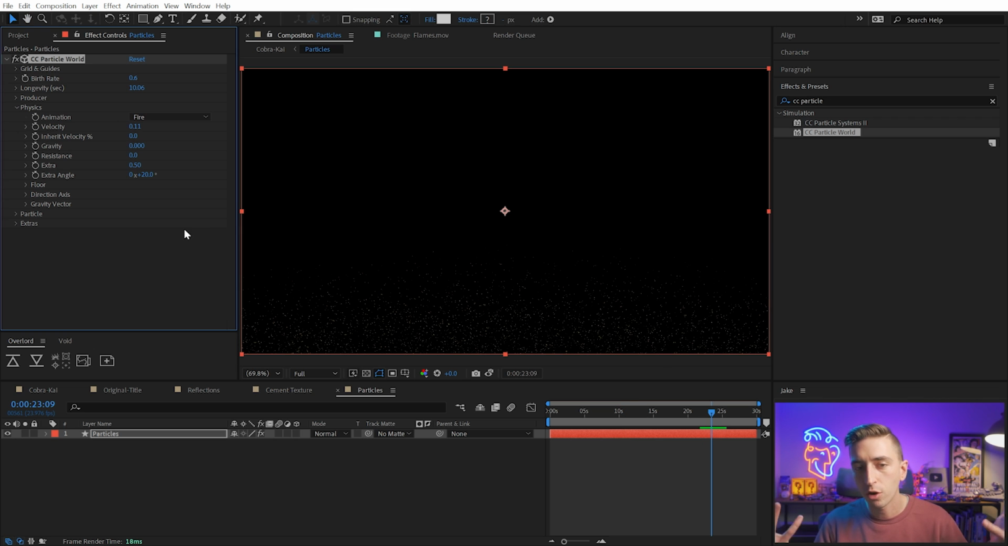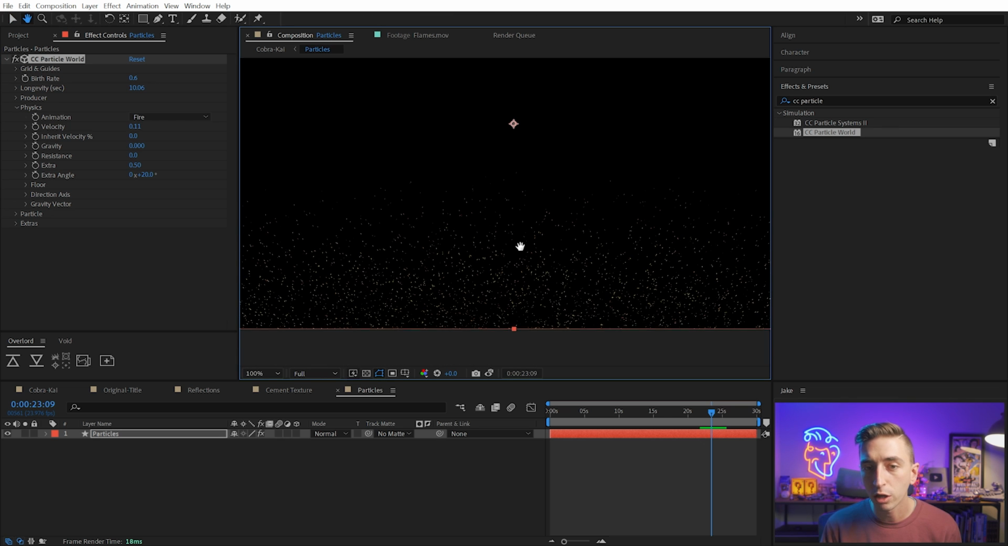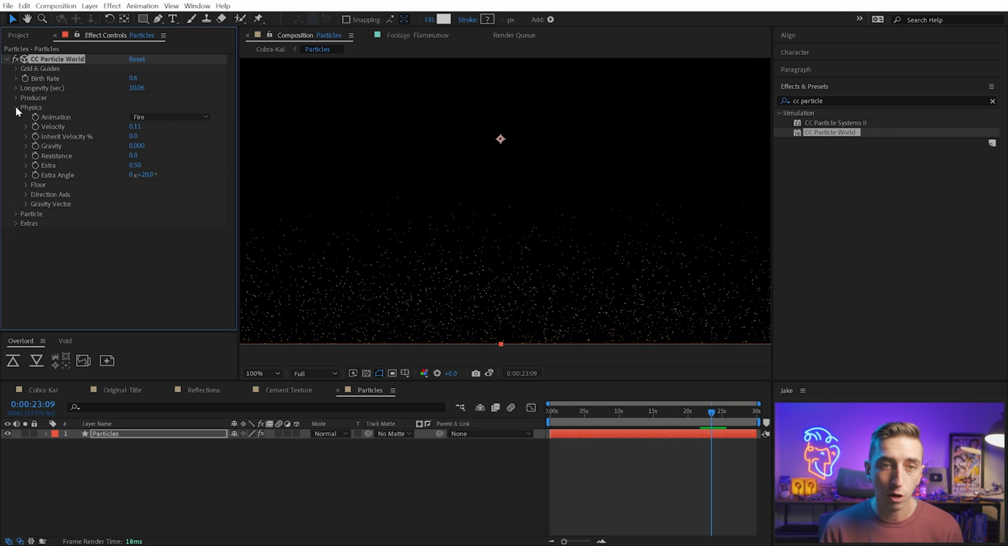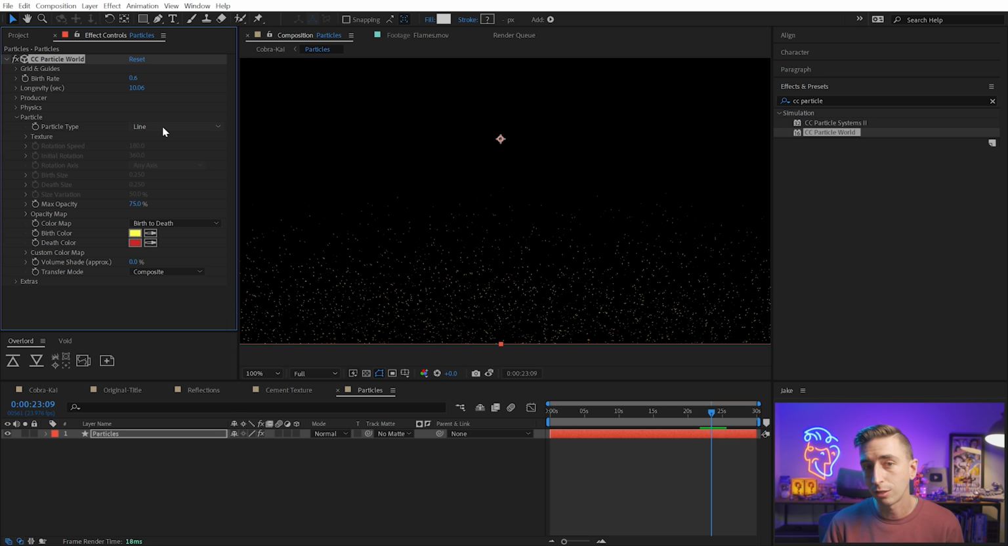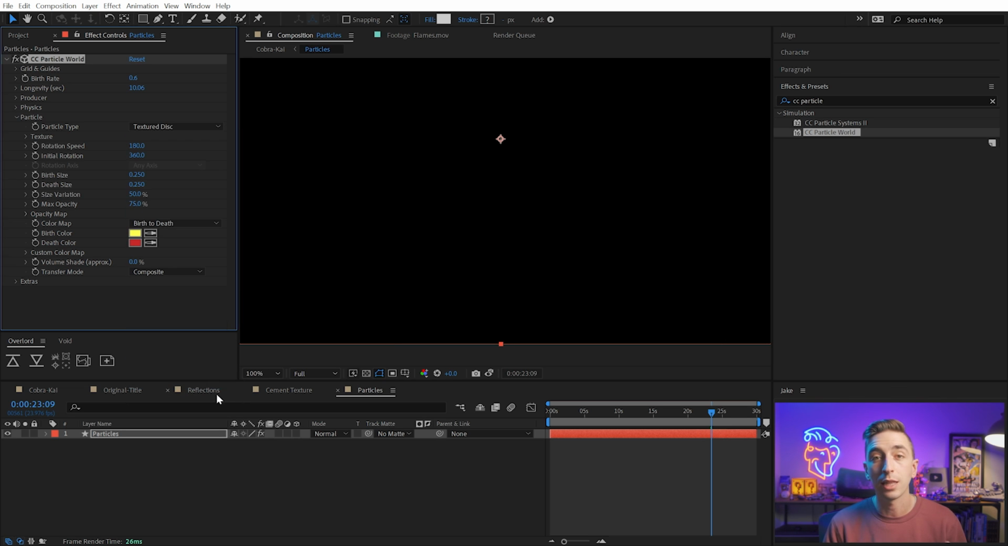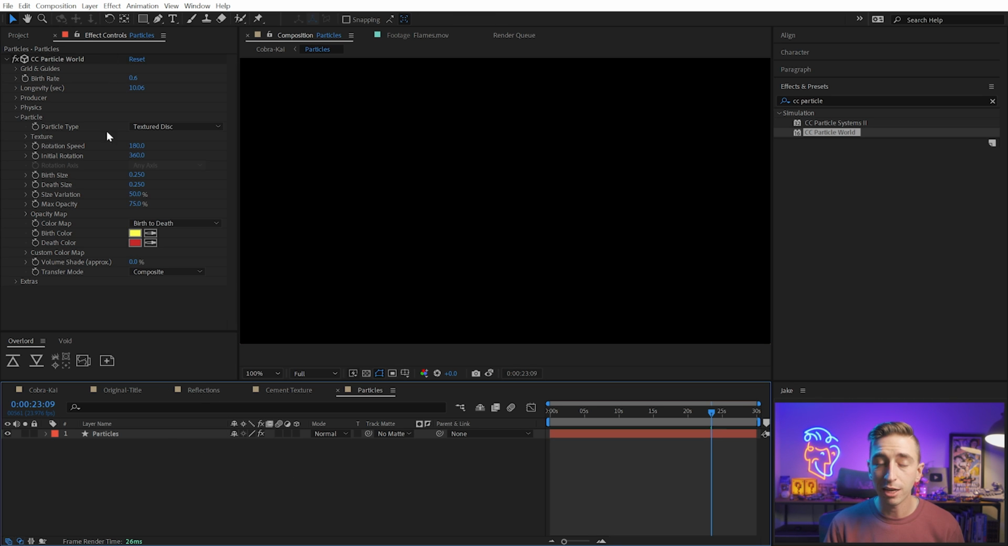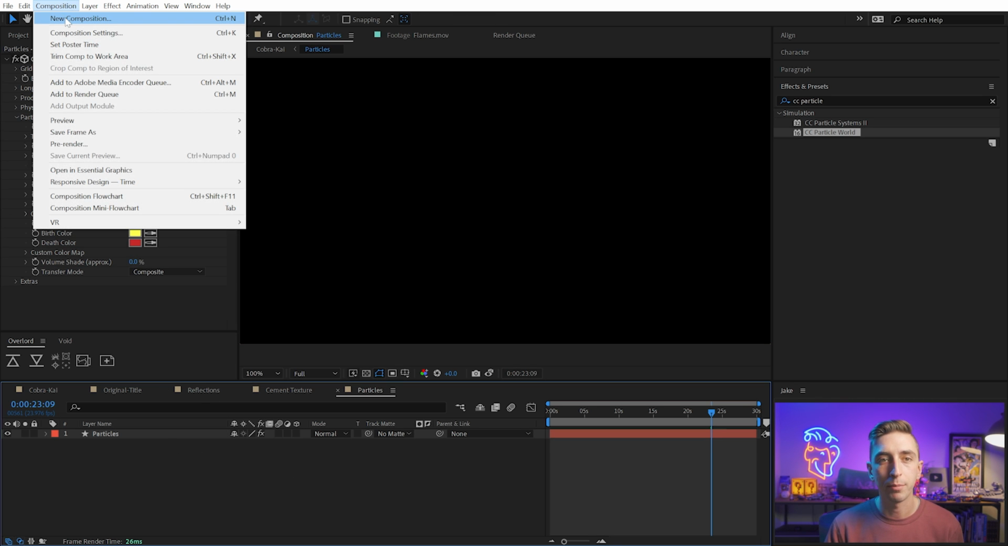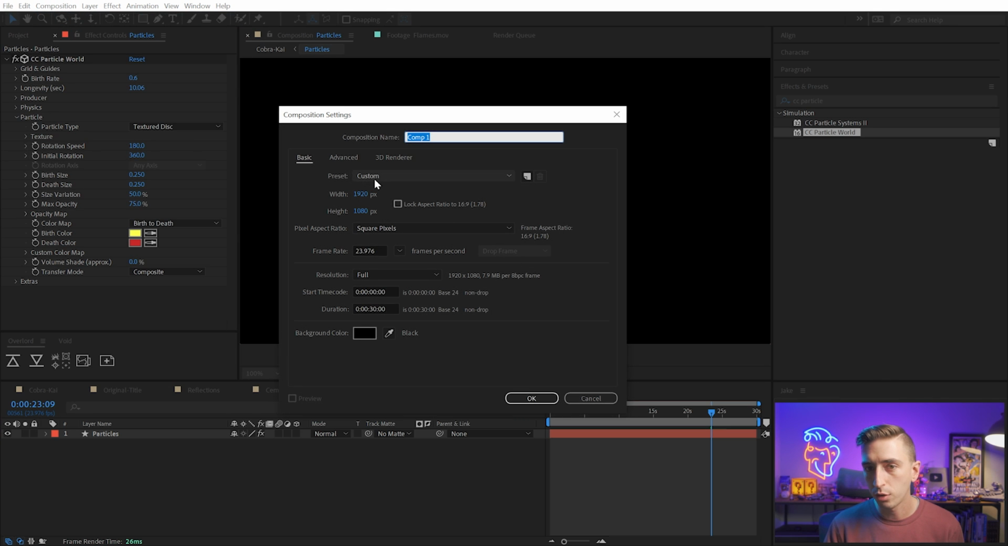But before we go further, we really should make these particles look the way that we want them to, because they're currently just defaulted to the line type, which is based on how fast they're moving. We don't want that. We want to use a textured disk, which allows us to bring in our own custom particle from any other layer. And to make that particle texture, I'm gonna make a new composition. So I'll go up to Composition, New Composition, and I'll call this one Ember Texture,